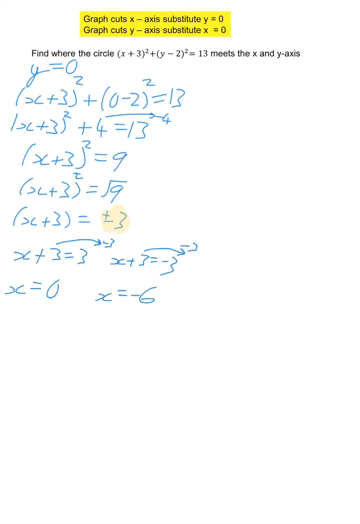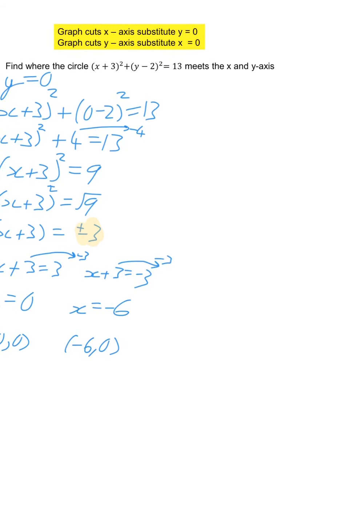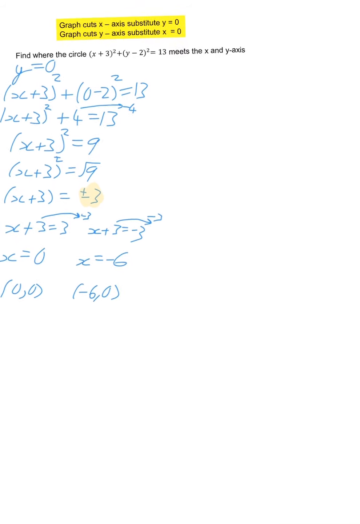So that means my coordinates are (0, 0) and (−6, 0). So they're the 2 points where this graph cuts the x-axis. You can see as well how my y part is automatically 0, because remember I substituted y equals 0 into the equation. Now, if I want to find where it meets the y-axis,